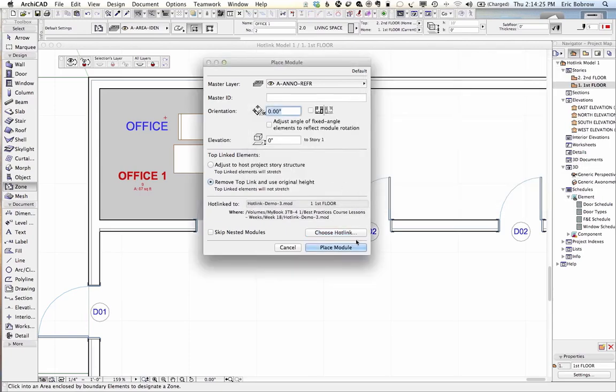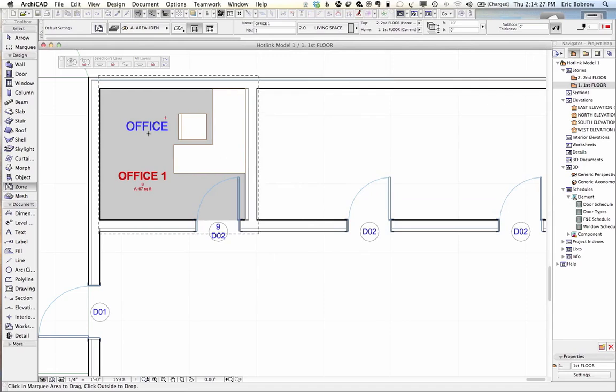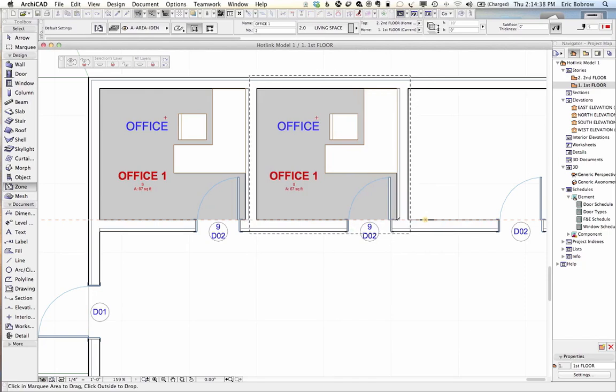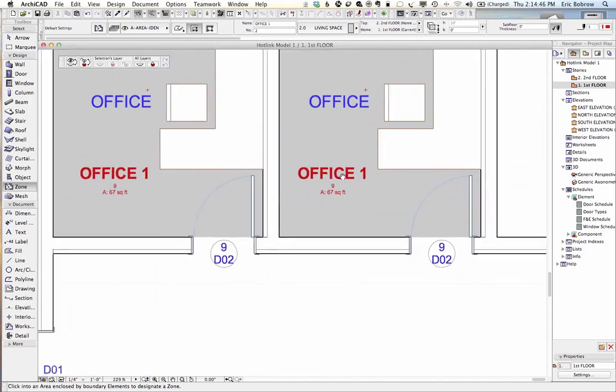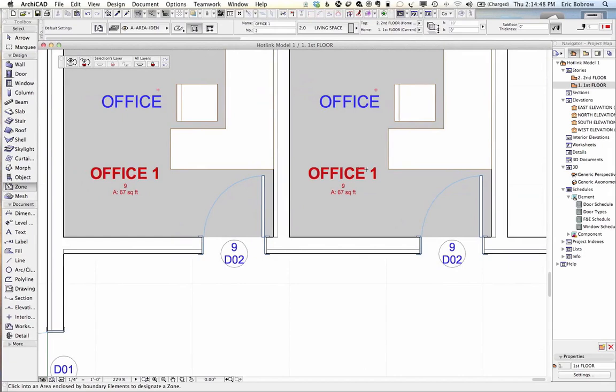We're going to say OK, and we're going to place it. Now it initially comes in right on top, but we can move it 9 feet here, and now you notice that the office here and this configuration here both have the same number because these are the same